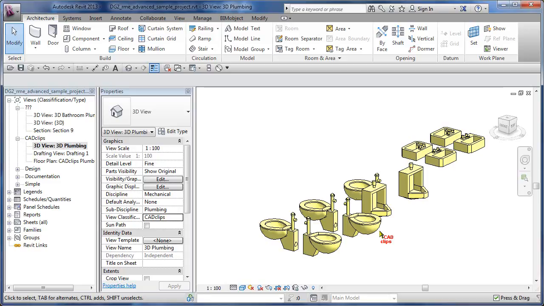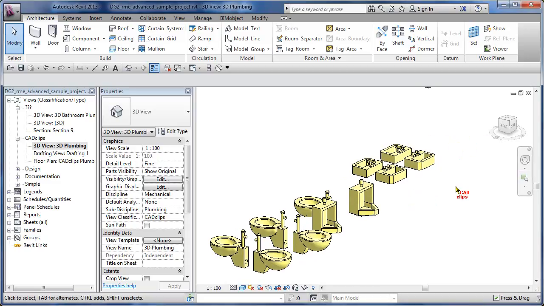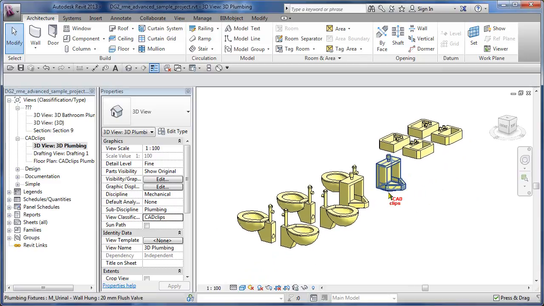Okay, we might as well start with our sanitary lines off of our water closets, our urinals, and our sinks, and get our vertical stack in there. What I want to do is tile some views, I think. We'll have a plan view and a 3D view, and I still have my file open from the previous project